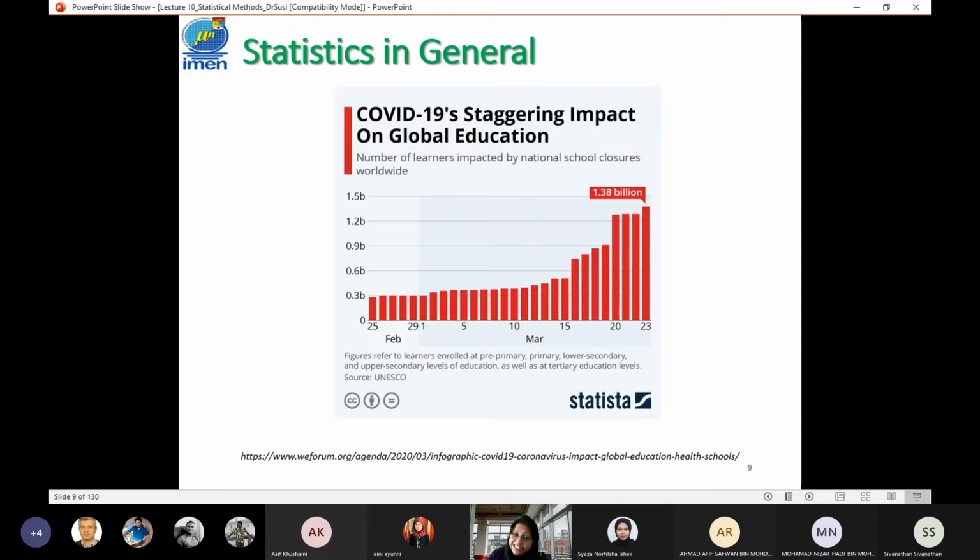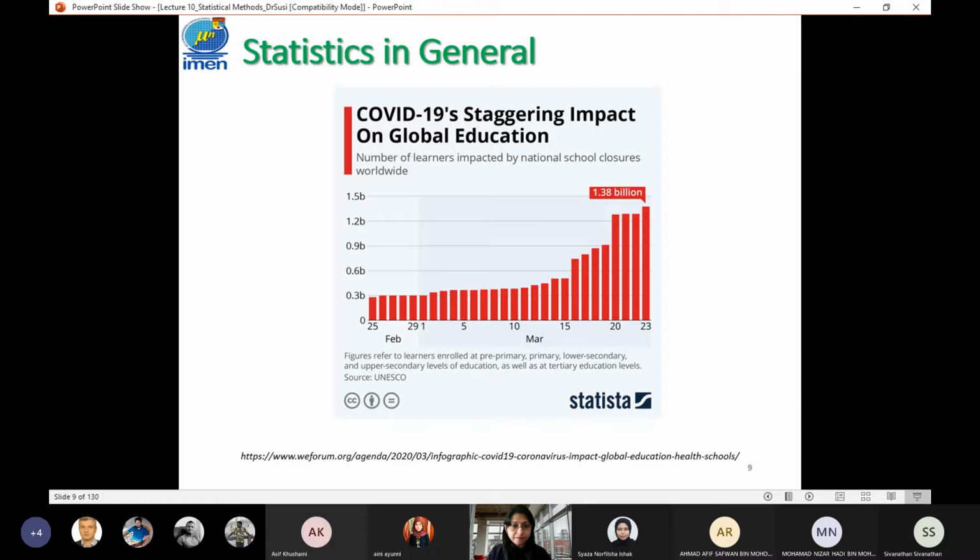So translating data into images and graphs is very meaningful for people to understand. For research students, this is very important for your publications as much as possible. Use the data and translate it into understandable or interesting figures and images so that you can capture your reviewers' or your examiners'